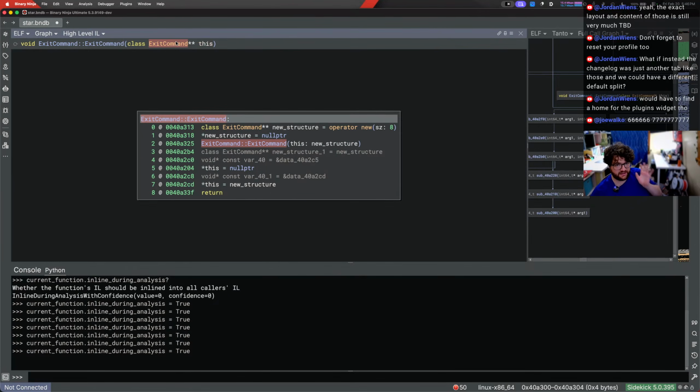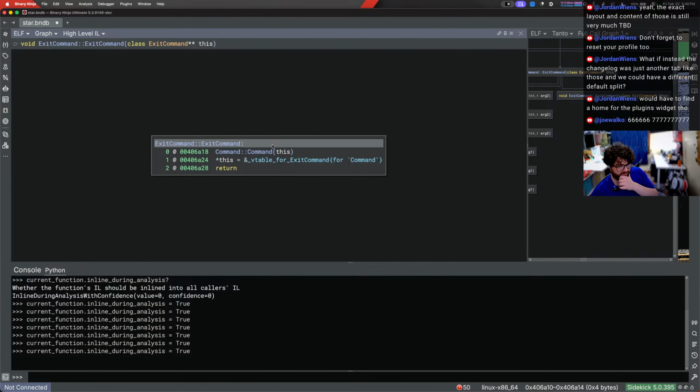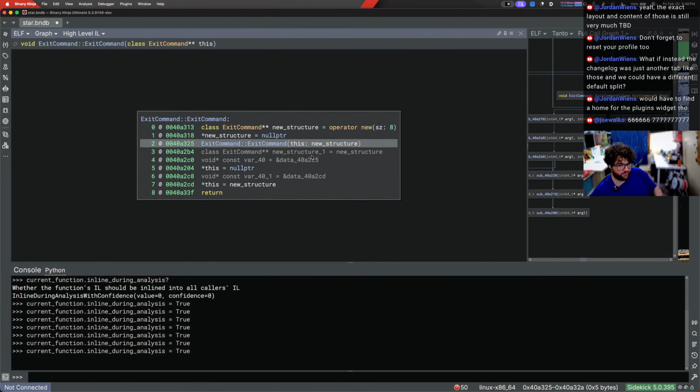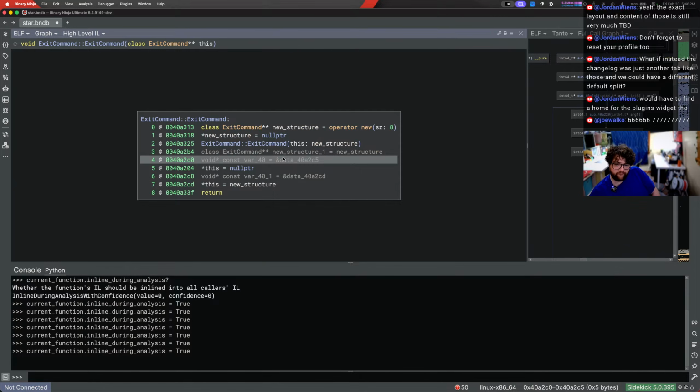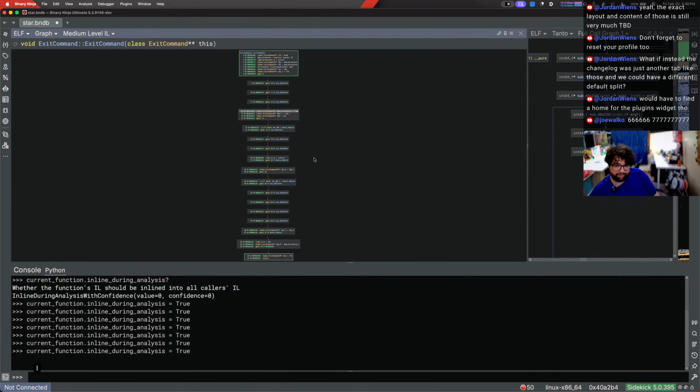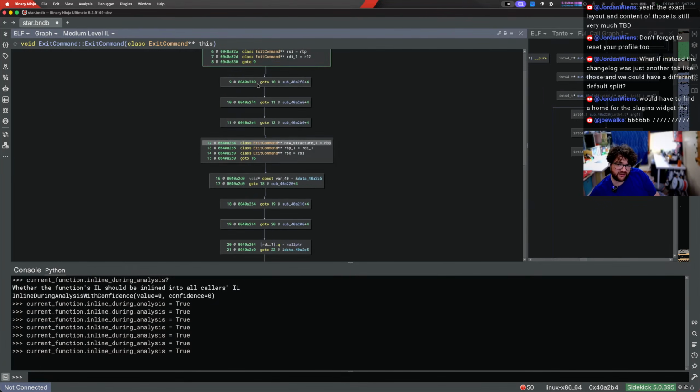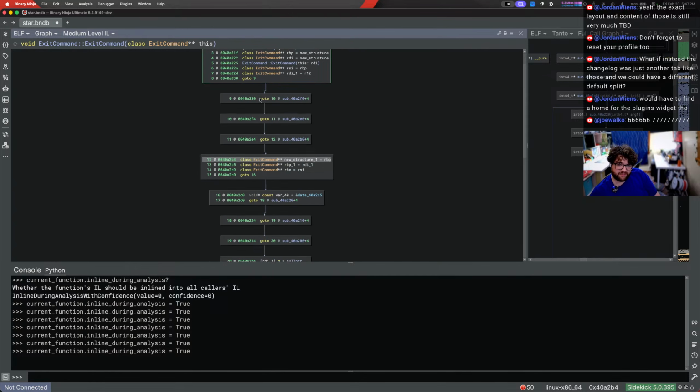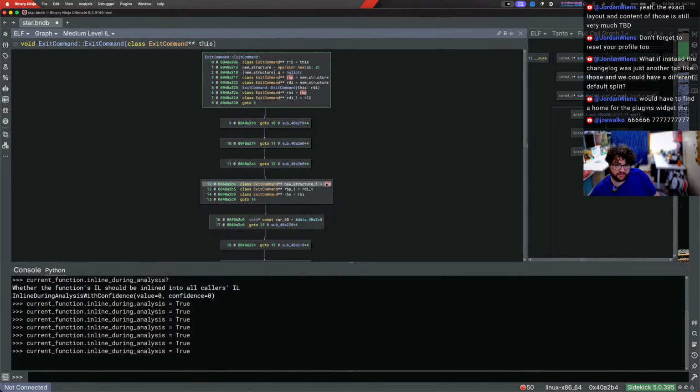It takes a double pointer to an exit command. It creates a new double pointer, which it passes to the internal exit command. It dereferences that double pointer and gives it new, and assigns new pointers in there. And then we create a new structure. We go down to medium level IL. We can see artifacts of all the inlining we did. But it creates this new structure from